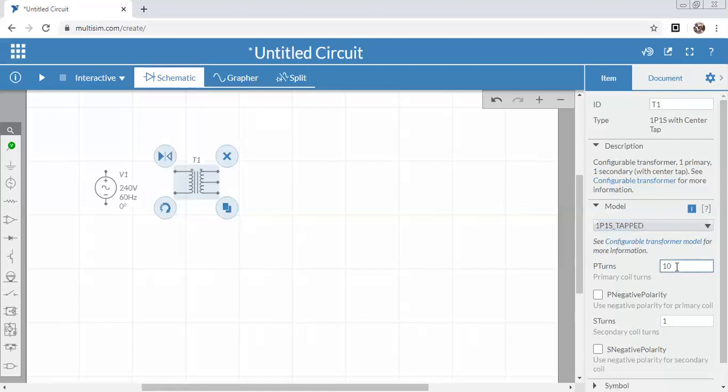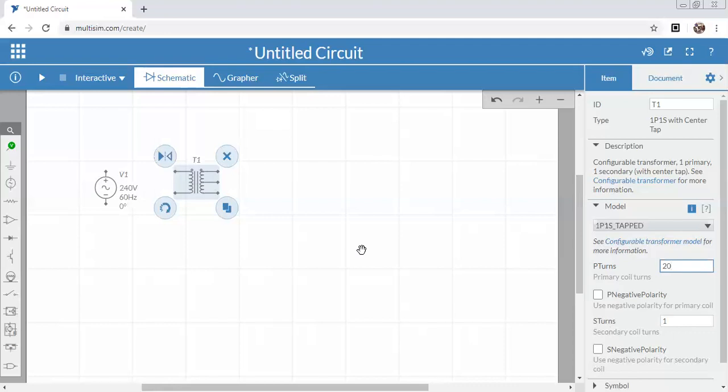So I'm supposed to give 20 windings at the primary turns, and at the secondary turns I'm using 1. I'm giving 240, so 240 divided by 20, you are supposed to get 12 volt AC as an output from this transformer. I think you will understand clearly.